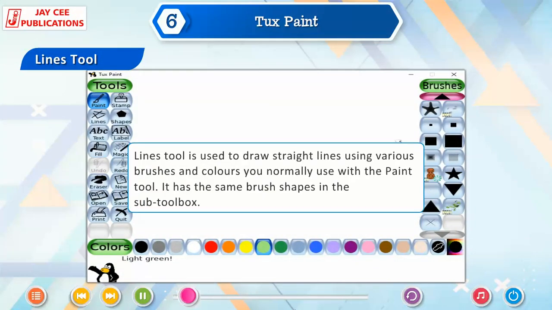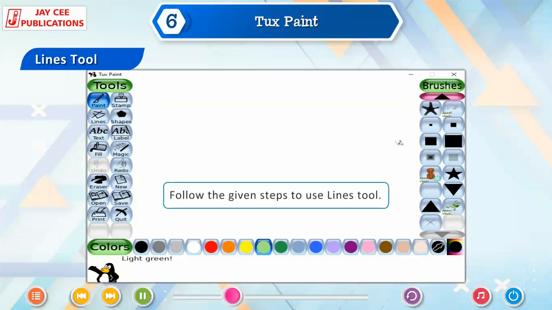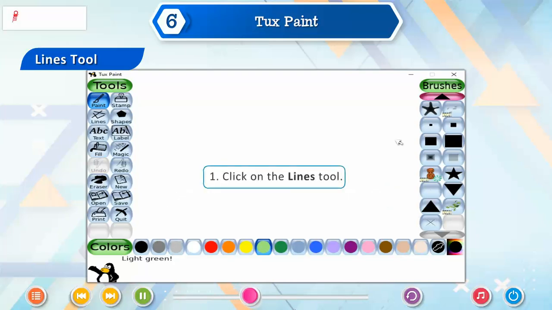Lines tool. Lines tool is used to draw straight lines using various brushes and colors you normally use with the paint tool. It has the same brush shapes in the sub-tool box. Follow the given steps to use Lines tool. 1. Click on the Lines tool. 2.